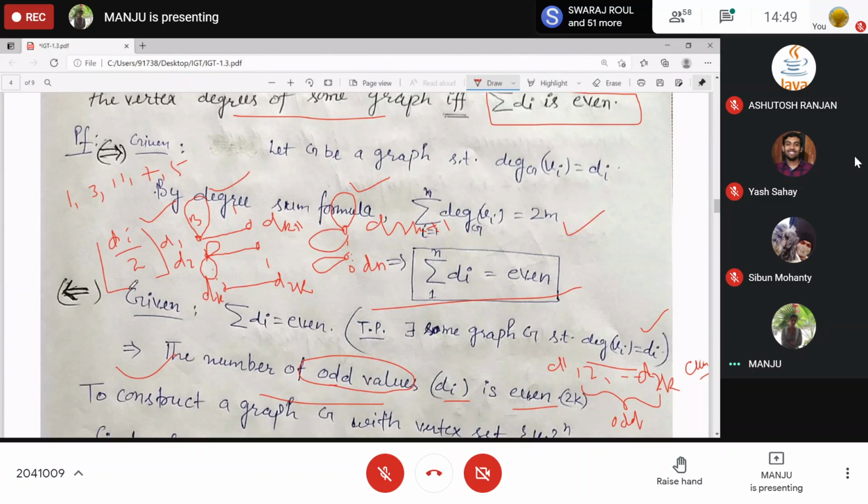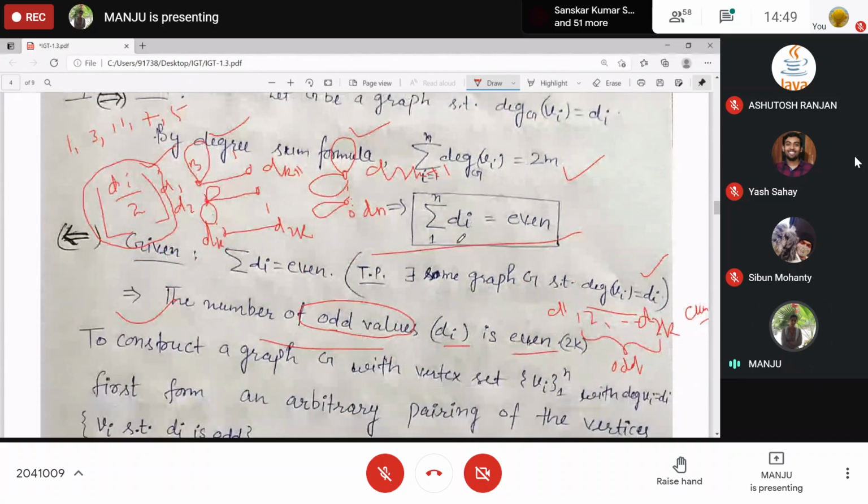Similarly, you can find for 13 as well. For 13, how many loops will you insert? 13 by 2 is 6.5, so 6. I hope you got it.